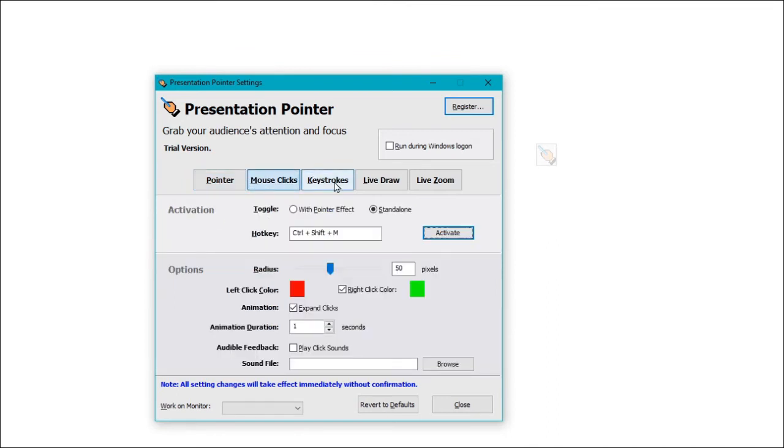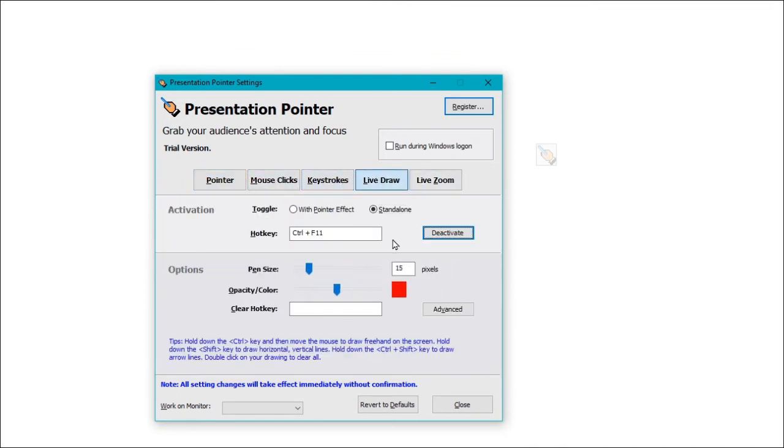So let's try it again. Let's try this option again. So live draw is saying go to Control F11. Just make sure we haven't got anything else activated. So live draw says go Control F11. So let's do the hotkey Control F11,